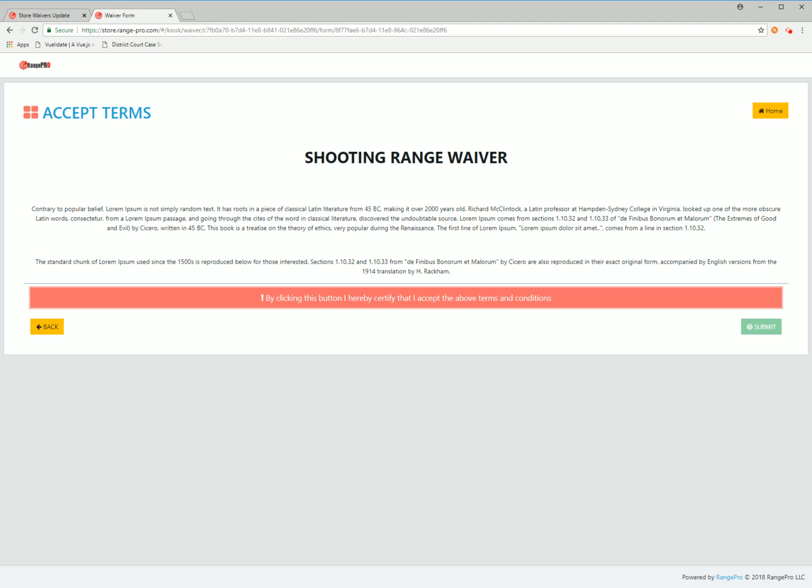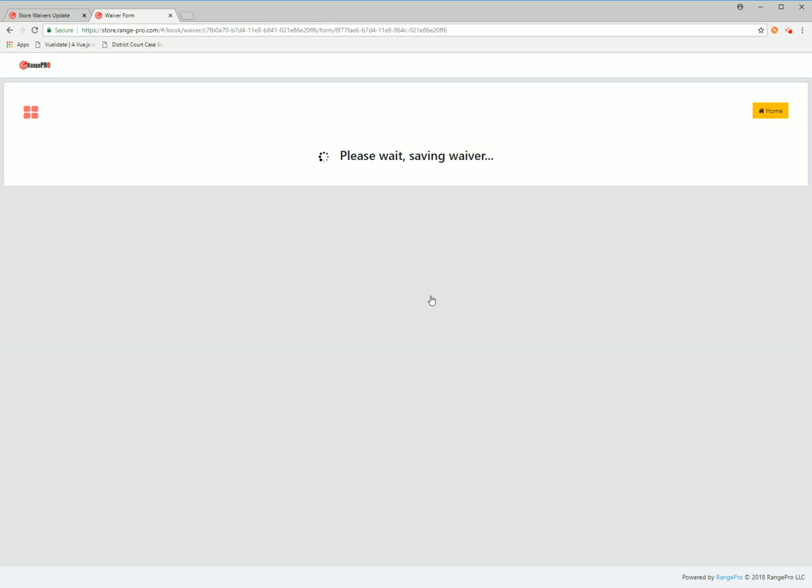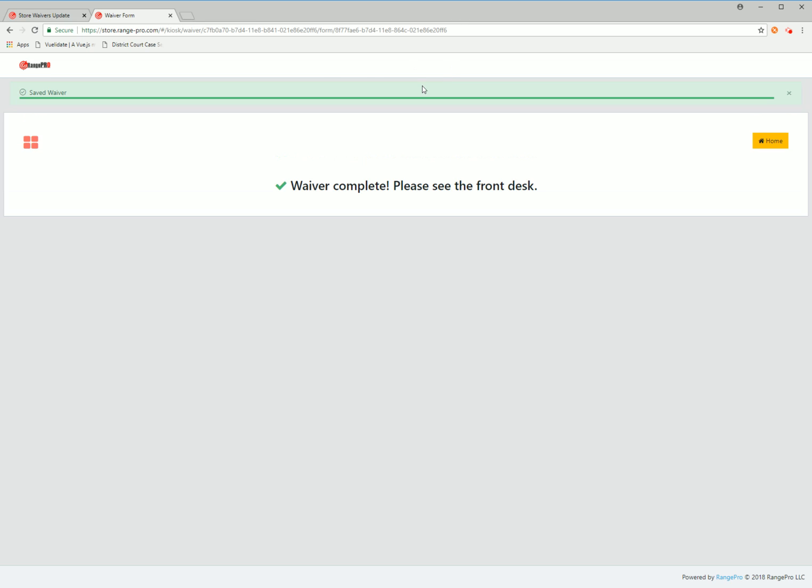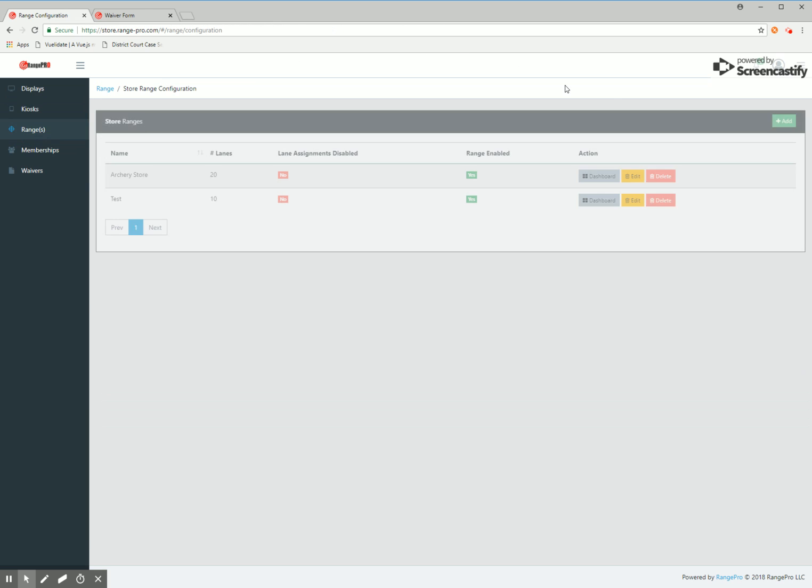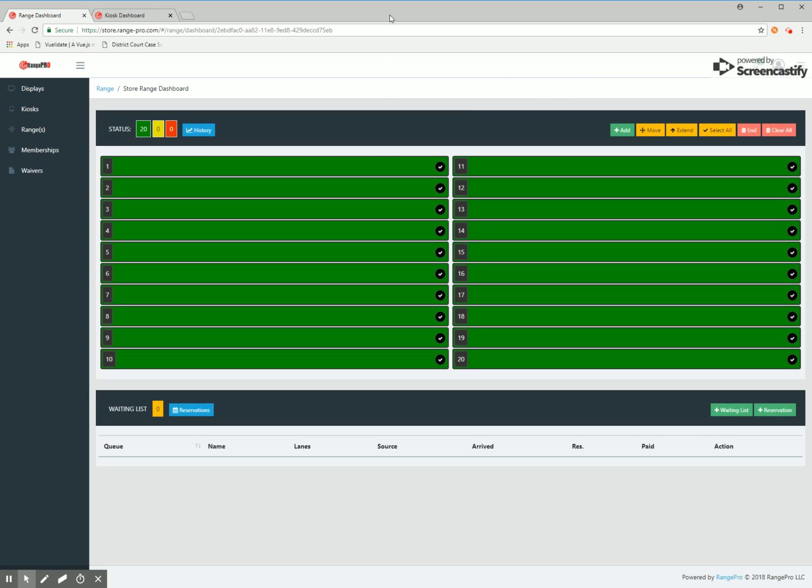You can see here the waiver text. It says, by clicking this button, I hereby certify that I accept the above terms and conditions. I click I certify, and they're complete. That's pretty much it. Now, for viewing the information, you can go into the range, and it might be that